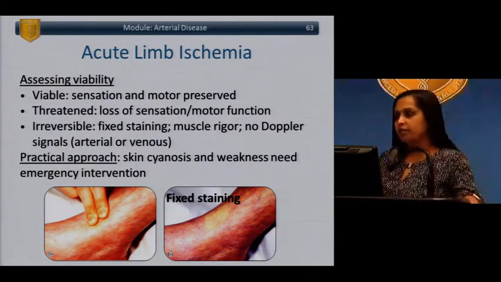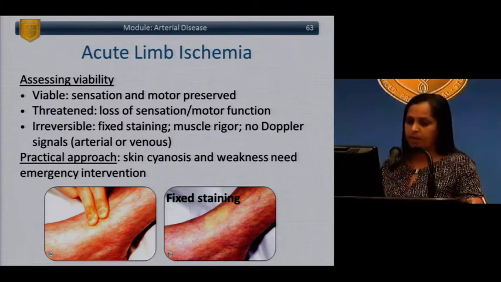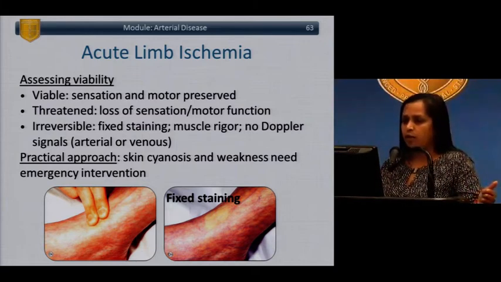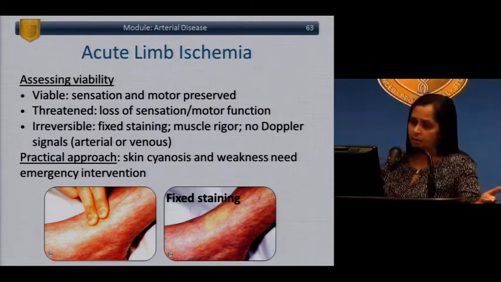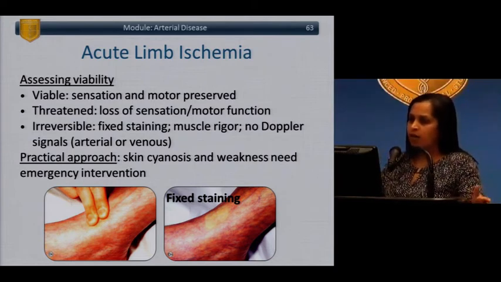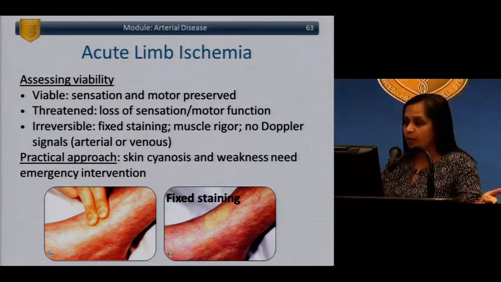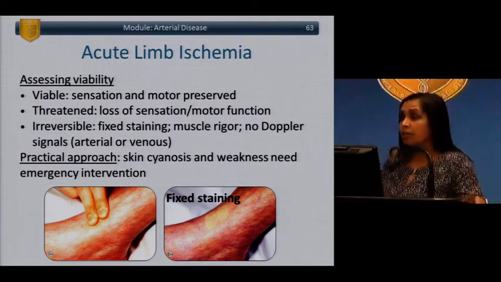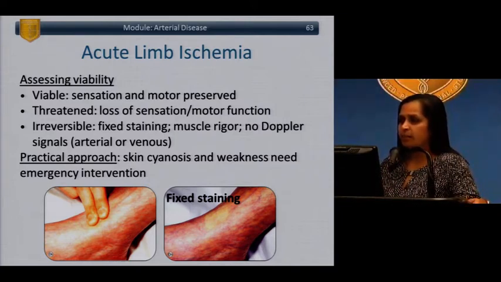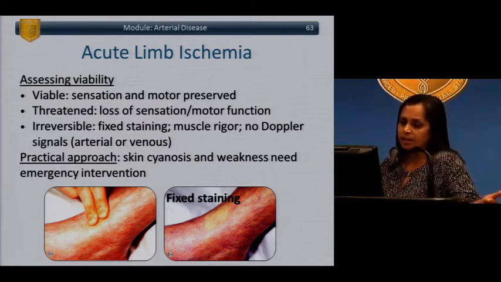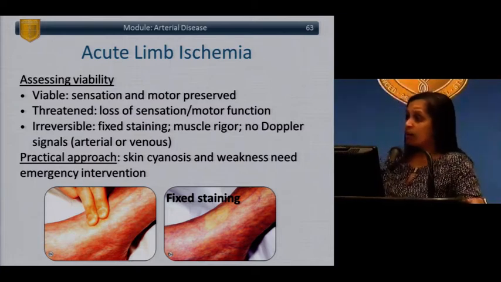Assessing the viability of tissues in acute limb ischemia is very important. You want to look at the neurologic function in the foot, sensation and motor function, as well as the appearance of the foot at later stages with irreversible ischemia. You can have fixed staining of the tissues, muscle rigor, and loss of venous signals as well as arterial signals in the foot. The practical approach towards assessing the severity of limb ischemia is that cyanotic skin or neurologic weakness